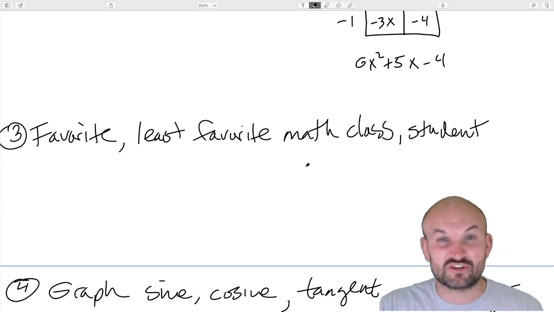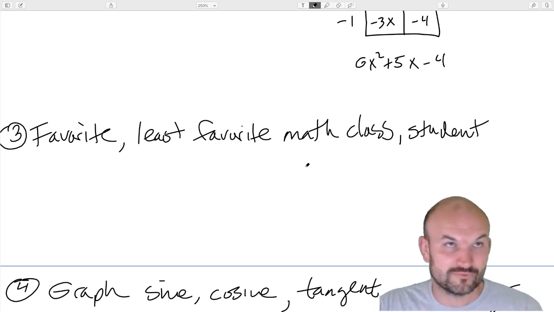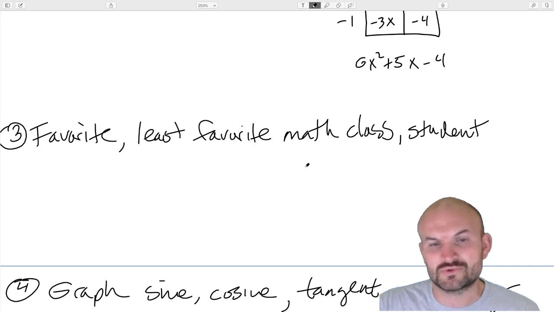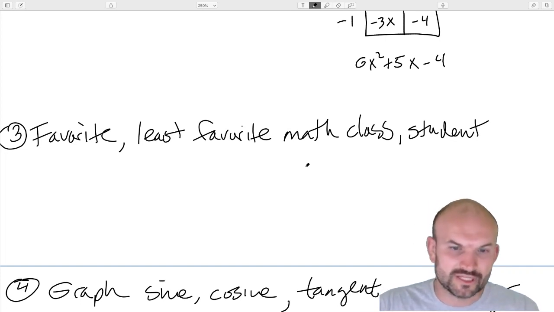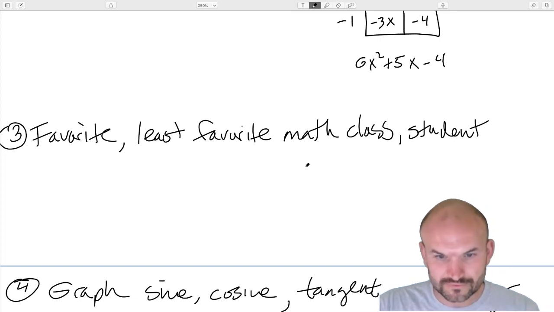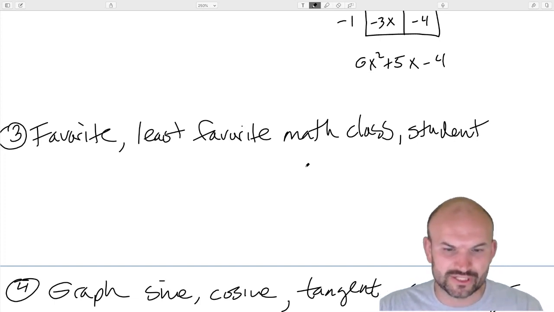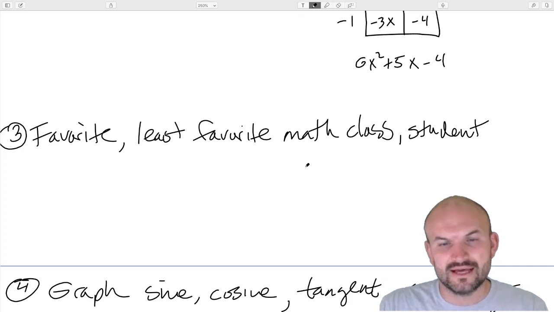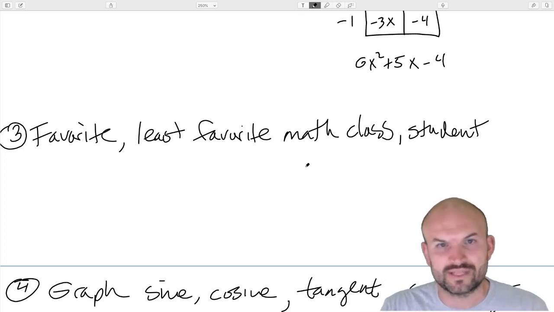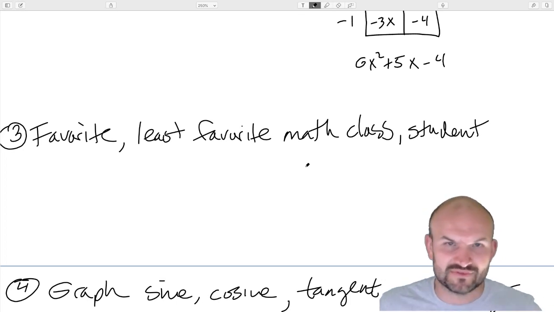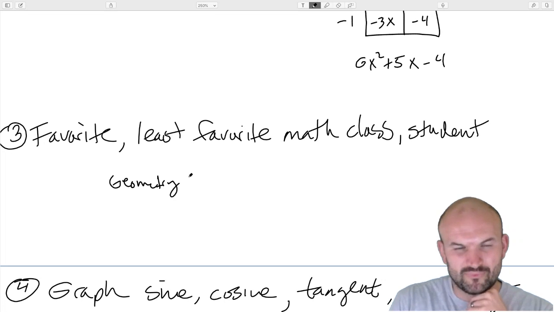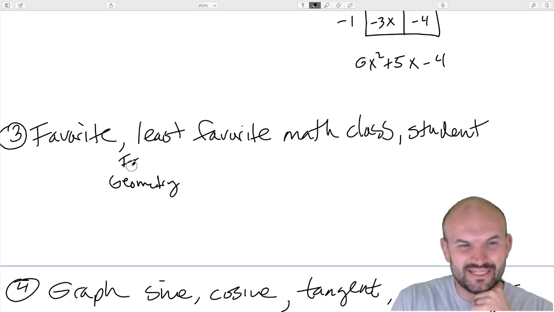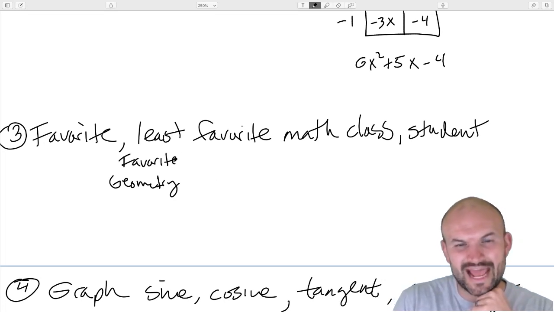But then once I took graph theory, one of my favorite classes, at least in college, was graph theory. And I just really, really enjoyed writing proofs. I really enjoyed that kind of pure math and really just thinking about things. That is something I enjoy much more than actually just doing math problems for random sake. So if we're going to say a favorite, let's say geometry. And one that I did not really care for would have been algebra 2.